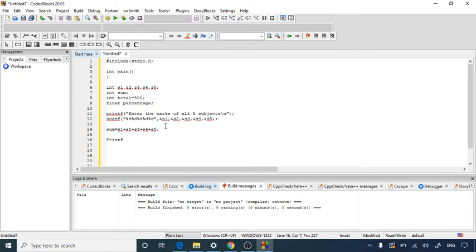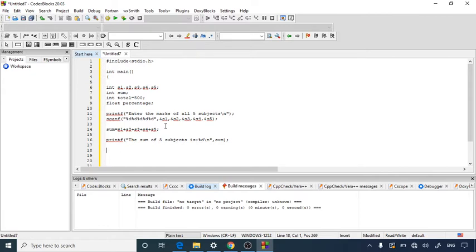We will use another printf function, with p in lowercase. printf("The sum of 5 subjects is %d\n", sum).